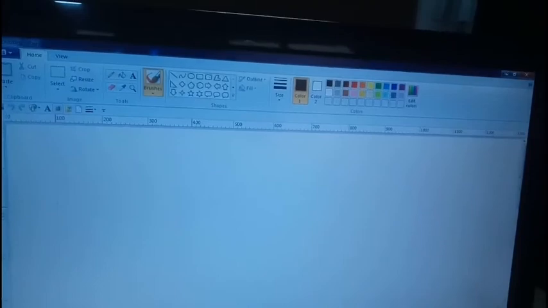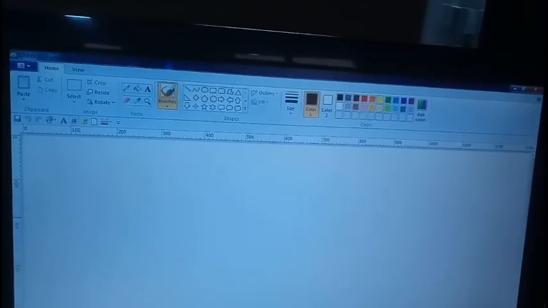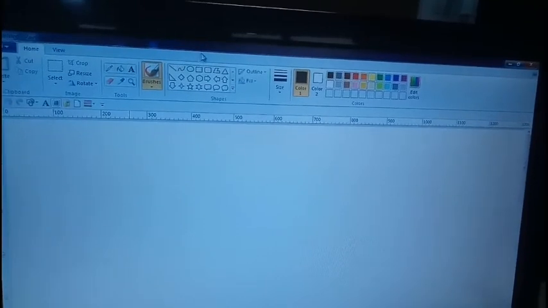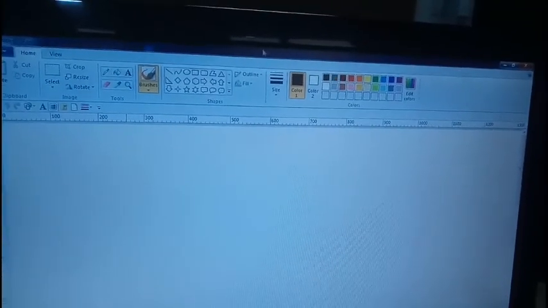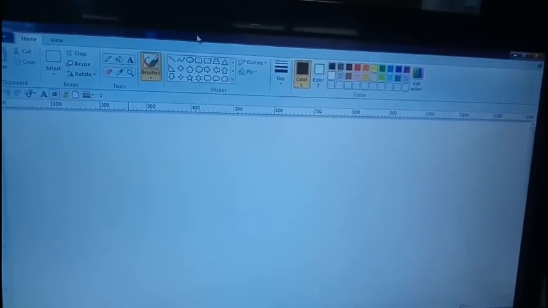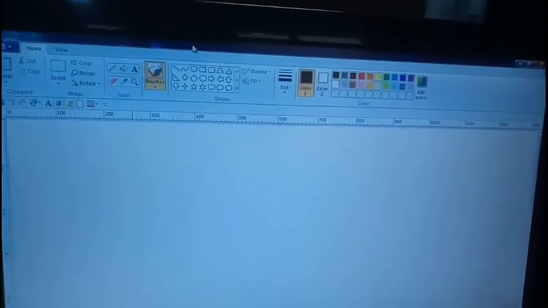Now a quick recap as to the various parts of the Paint window. The top part, where I am moving my mouse pointer, this blue colored bar is known as the title bar. On this corner there are 3 buttons.